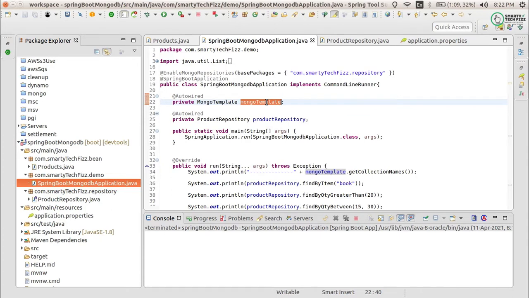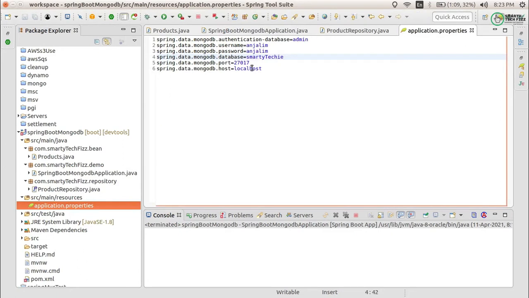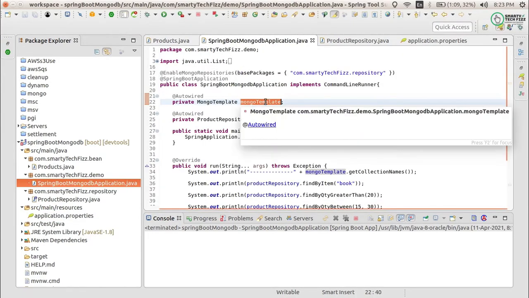So as I said, I will be performing the find operation in our Spring Boot application, and we have already done the connection part of the Mongo template or MongoDB. In this project, I am connecting to my localhost with the username, password, database and authentication database, and the database which I am using here. I am not going deep into how to connect to MongoDB. I will provide the link to the connection part that we performed in the earlier video. So we will be moving forward with performing the find operation.